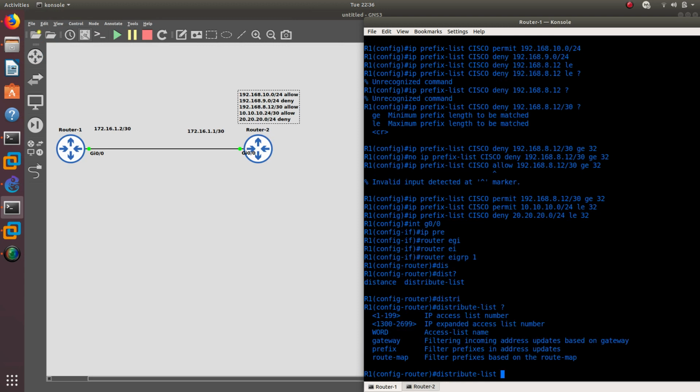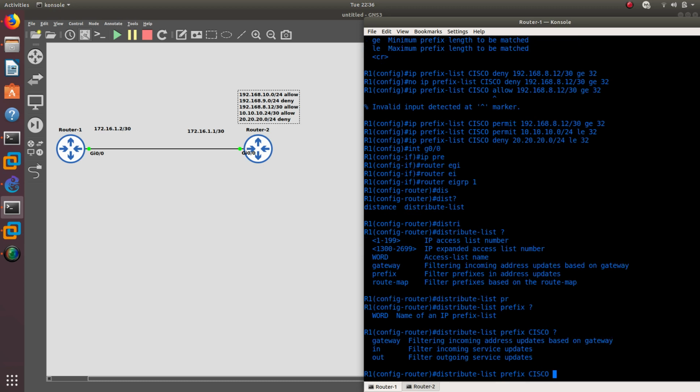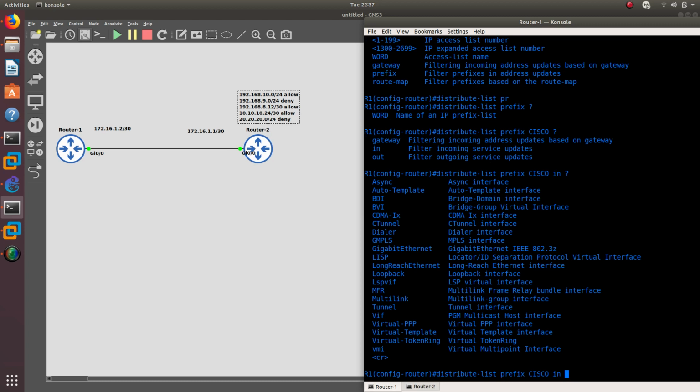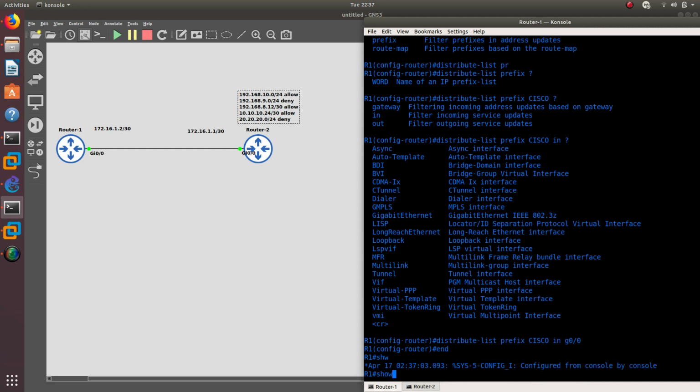So let's go ahead and use distribute-list, and then it's going to ask you what it is that you want to do. You want to do a prefix, and what's the name of the prefix? CISCO, all in capital. If it's not in capital, it's not going to work. Now, how do you want to apply it? You want to apply it going out of your router or into your router? Well, it's coming in because it's coming from router 2. So let's just do in, and from what interface is it coming in? It's coming in from gigabit 0/0. So let's go to gigabit 0/0. Enter. And now if we do show ip route,